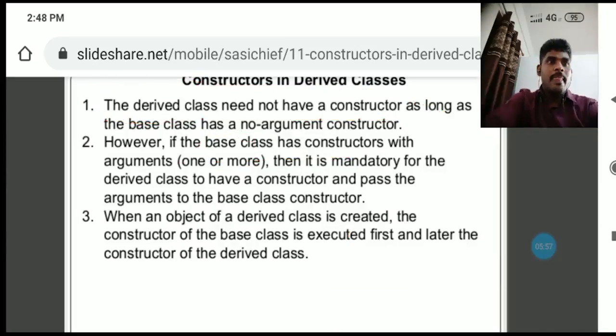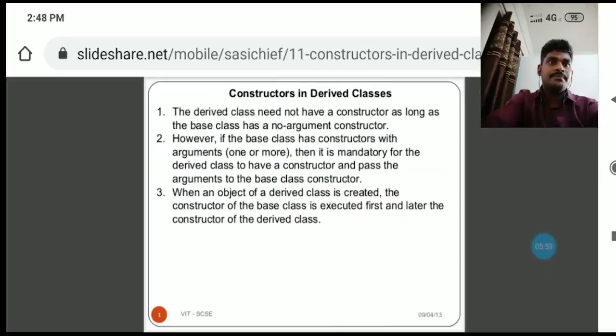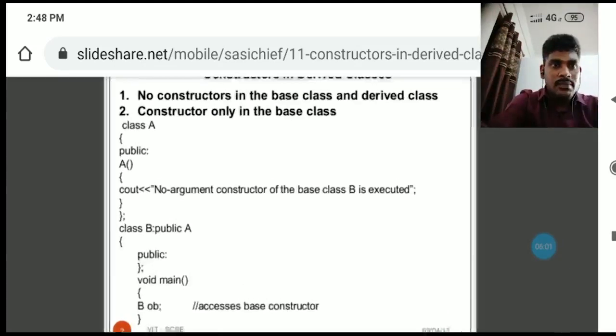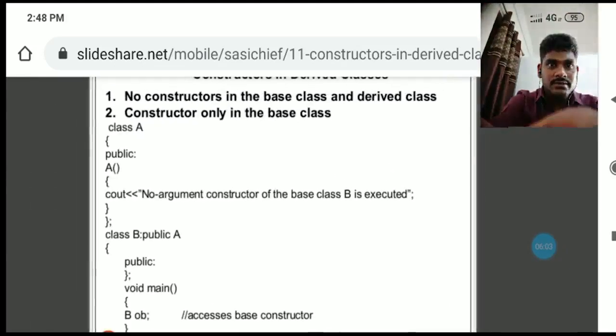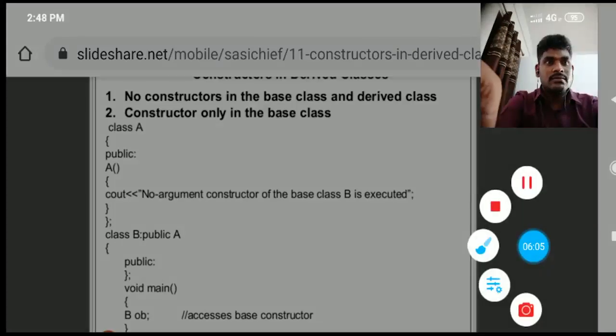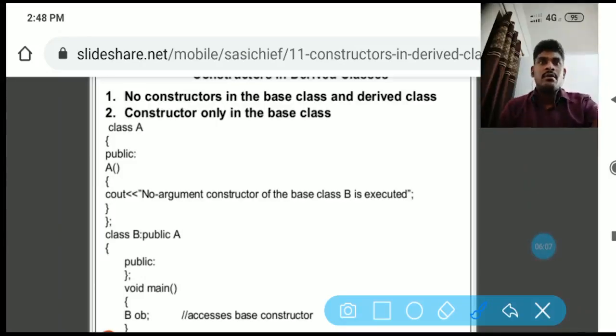Look at here. A small program is given here. Class A is a base class. Try to understand how to declare the inheritance concept. How to write a program using the inheritance concept?